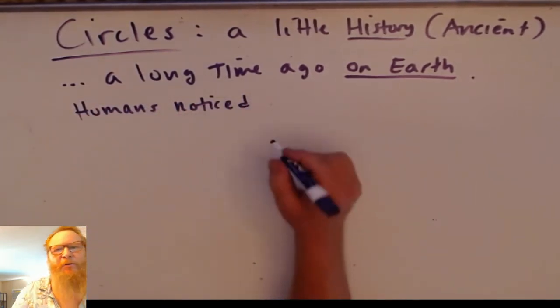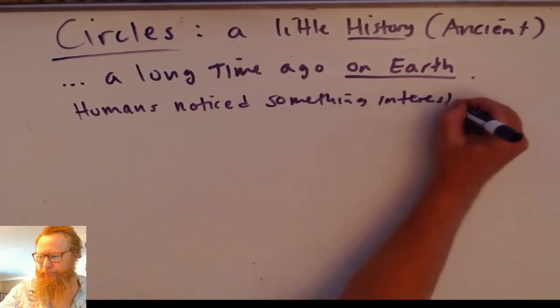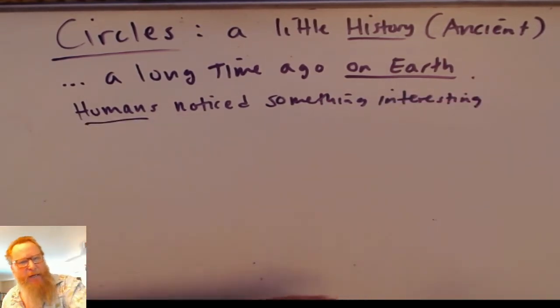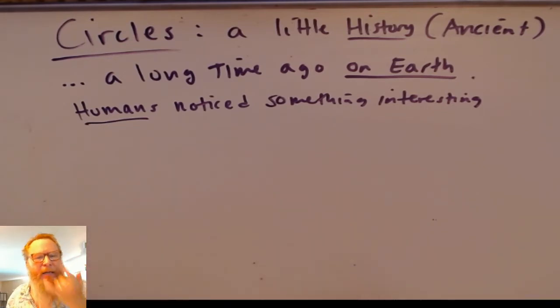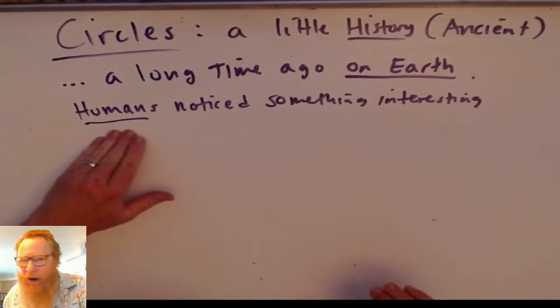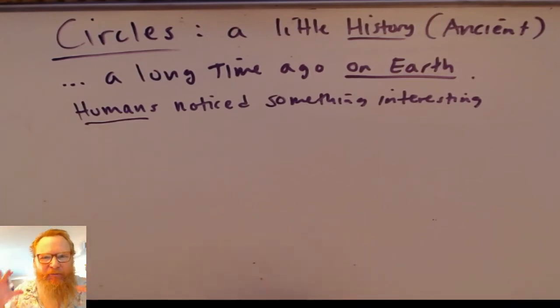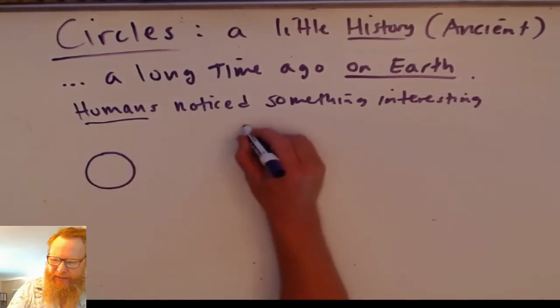something neat about circles. And when I say humans, I mean it happened all over the world. In China, in ancient Egypt, Mesopotamia, down in South America, Central America, maybe even North America, although we don't have any written evidence of that in North America. But humans did notice something interesting all around the world, probably 10,000 years ago, about a circle. And that is, no matter what size the circle is,